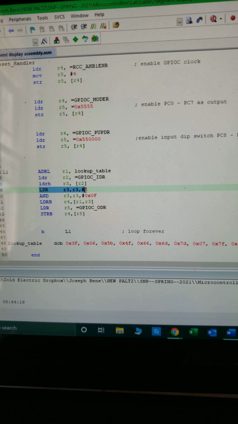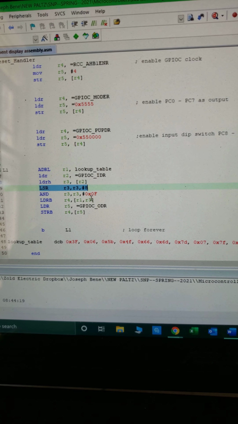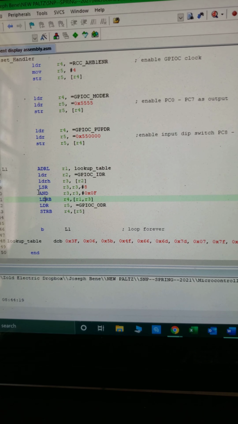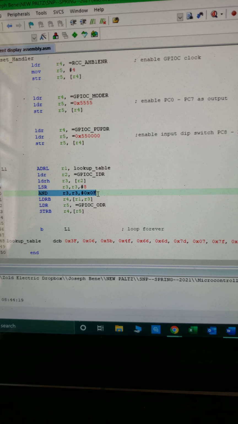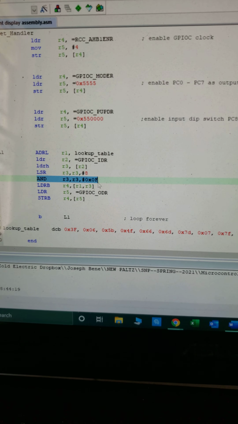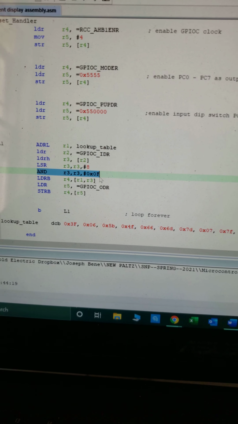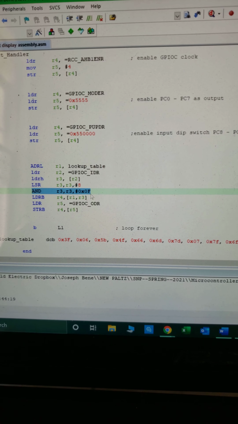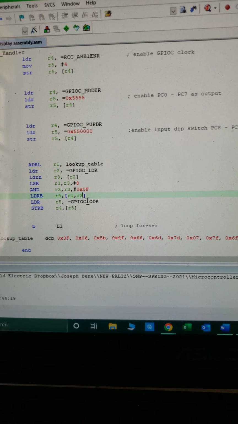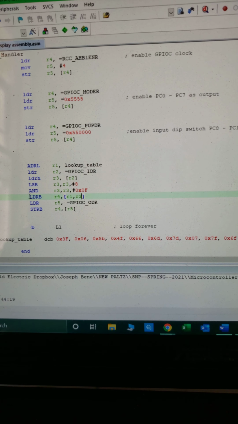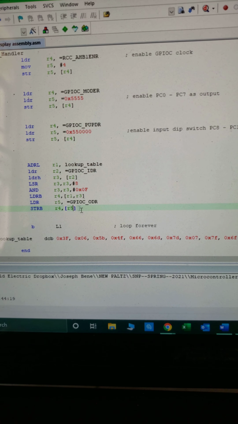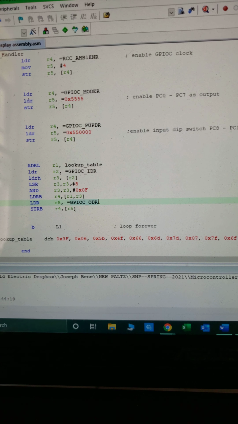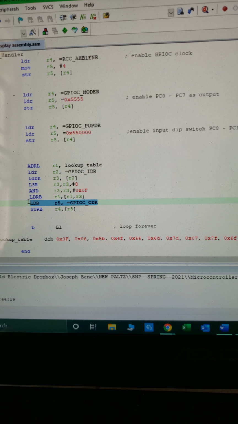Here we're shifting 8. Here we're ANDing the second bit of data. Then we are reading the lowest byte with a read, and that way we can actually output the